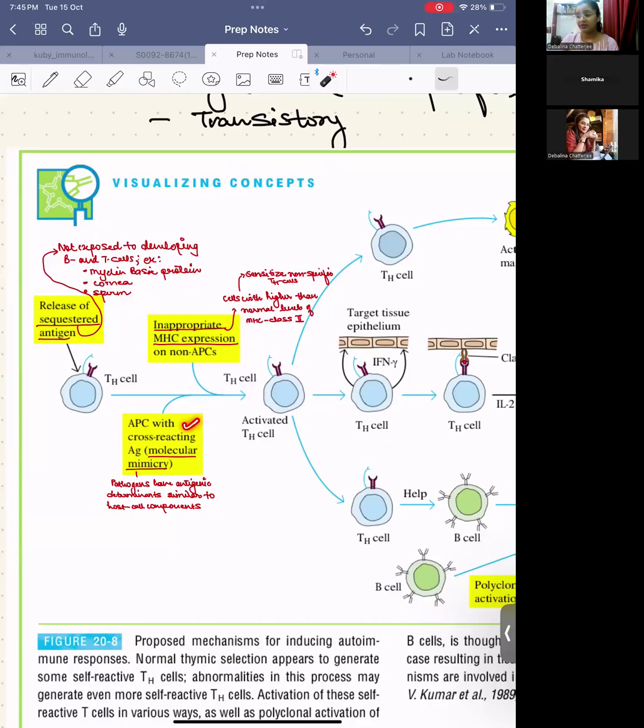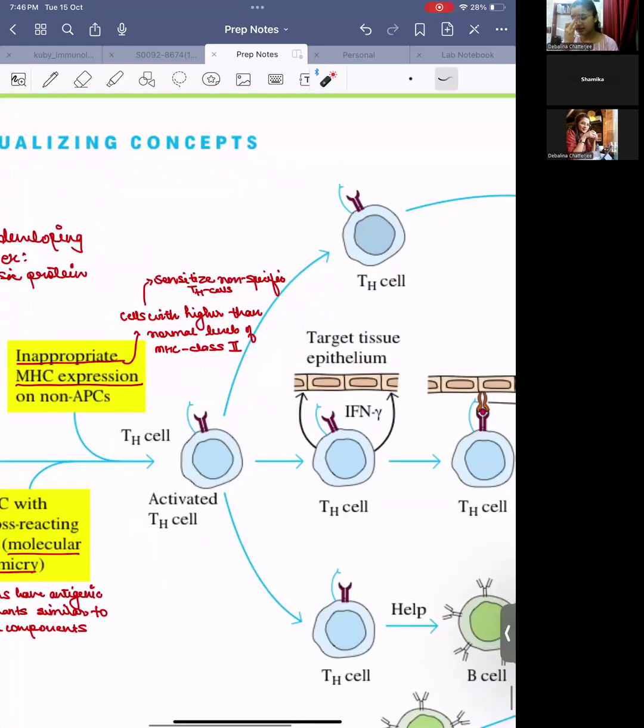So, antigen presenting cells with cross reacting antigens because of molecular mimicry can also lead to activation of T cells against my self antigens. The other possibility is if there is inappropriate MHC expression on non-APCs. So, cells that are usually not antigen presenting cells, but because of certain underlying condition or maybe because of some infection or some hormonal changes, I can have these non-APCs expressing MHC molecules, which for an example is the case